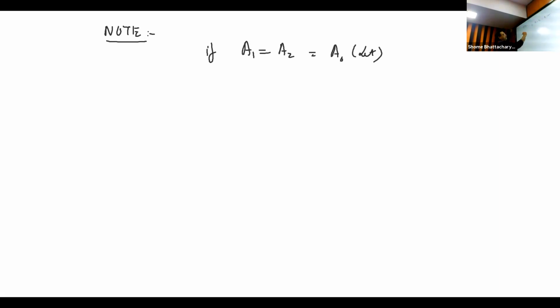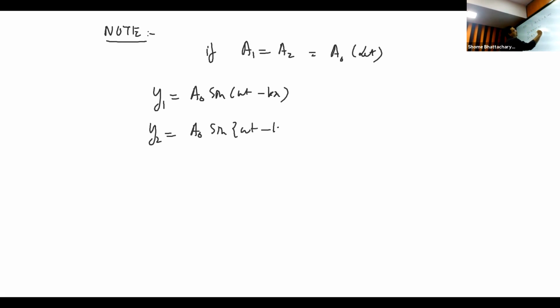So we are taking that case where Y1 is some A0 sine omega t minus kx, and Y2 is the same amplitude, same frequency, same direction of travel, but with some phase difference. So in this case, the net amplitude can be given by a further reduced formula, which is 2A0